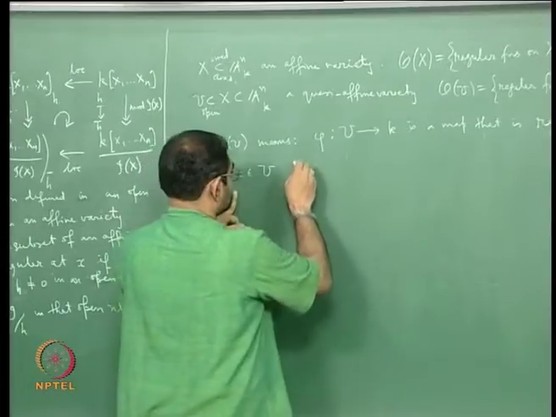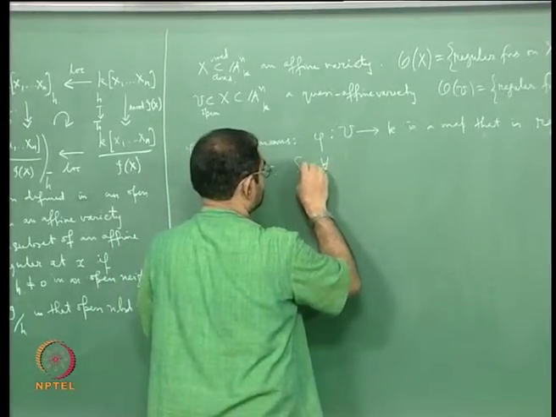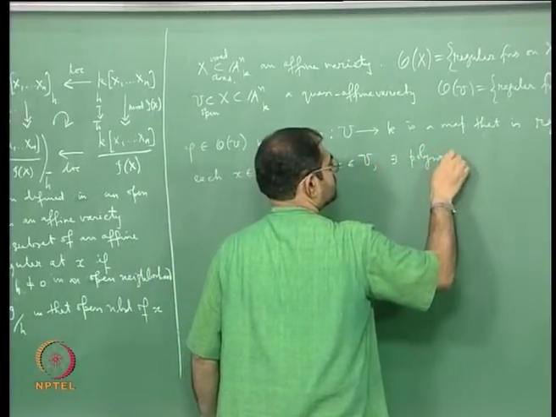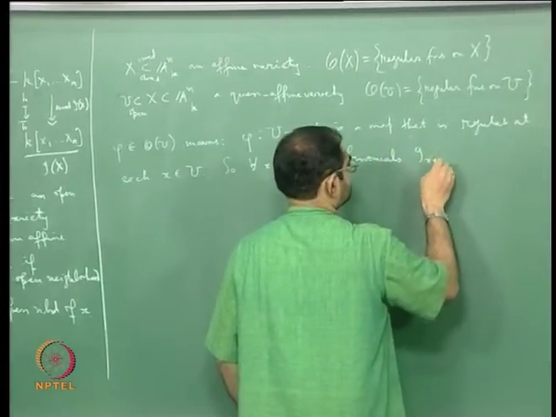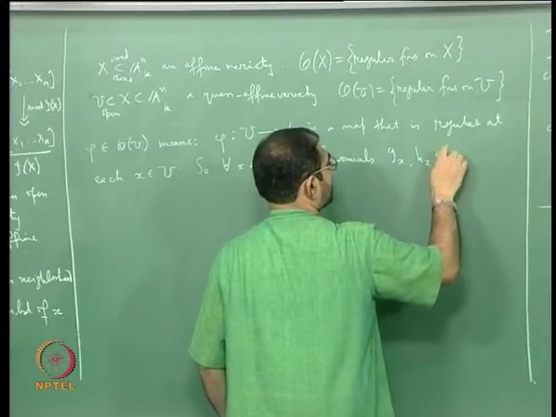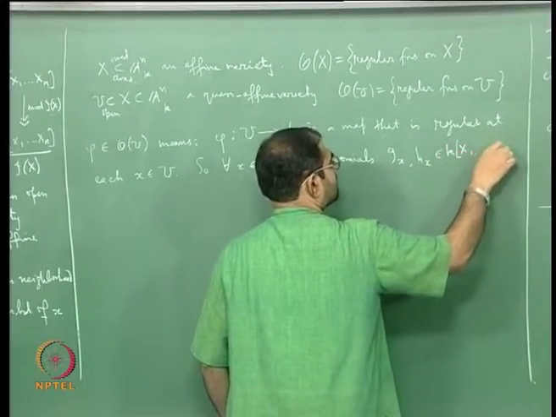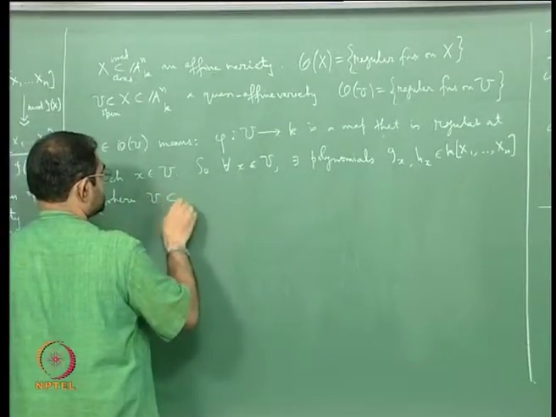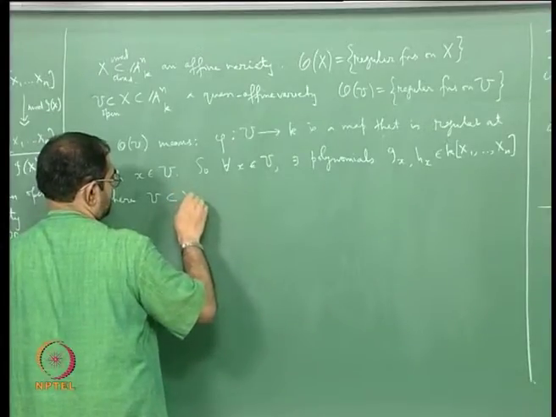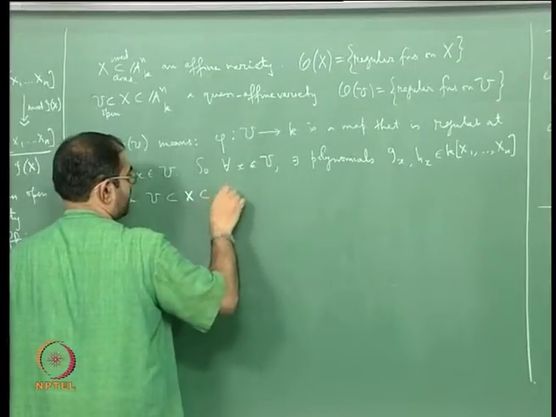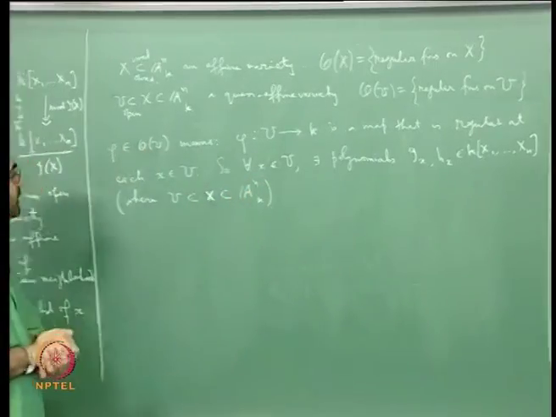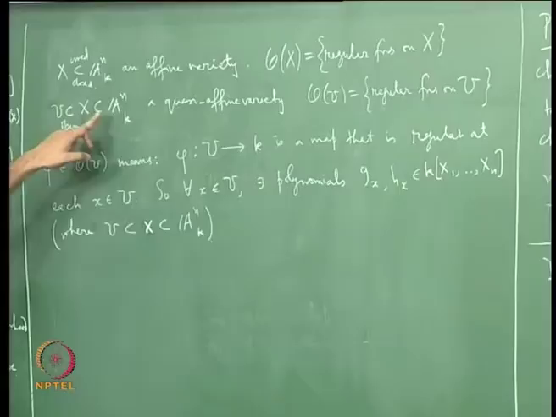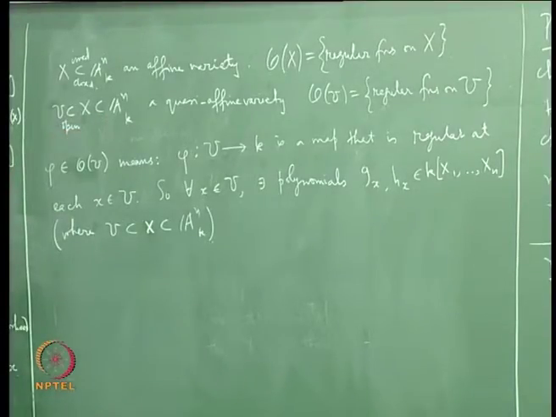That means for every x in U, there exist polynomials g_x, h_x in k[x1, ..., xn], where your U is being considered in X, and U is an open subset of X, a quasi affine variety, being considered in some affine space. X is an irreducible closed subset of some affine space, and